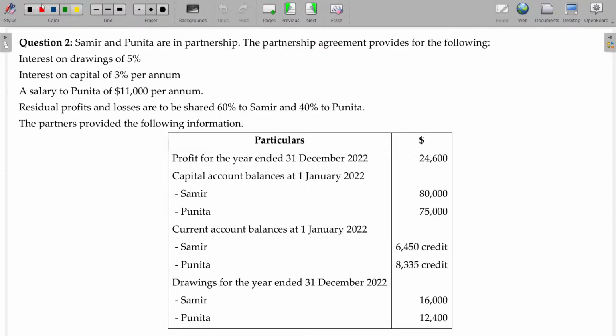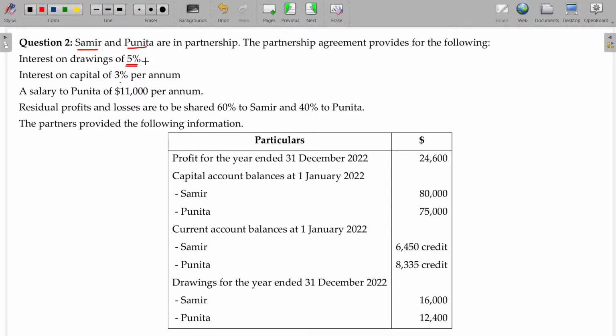Question number 2. Samir and Punita are in partnership. The partnership agreement provides for the following: interest on drawings 5%, interest on capital 3% per annum. See, in case of interest on drawings, it's only 5%. So usually if per annum is given, you have to calculate the number of months the drawings